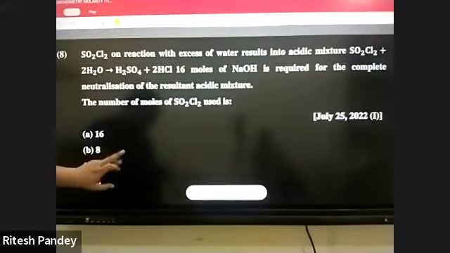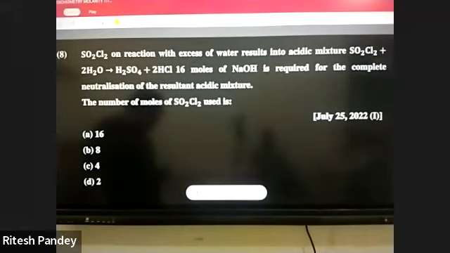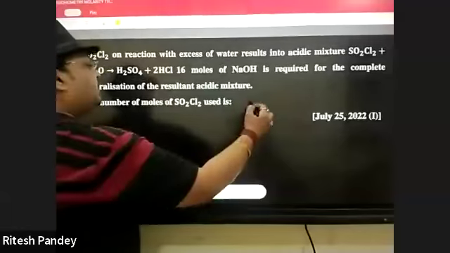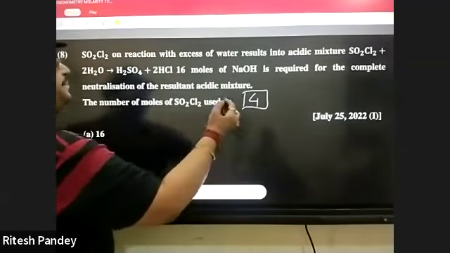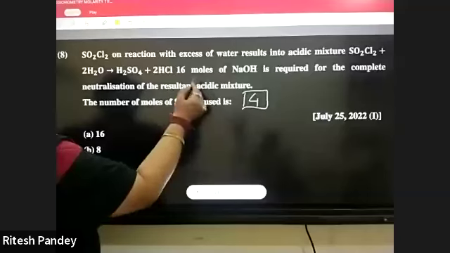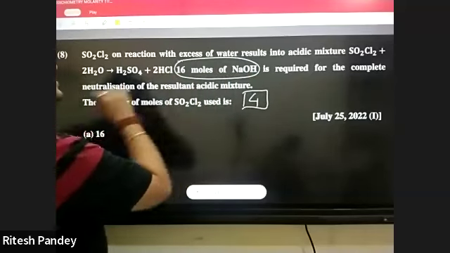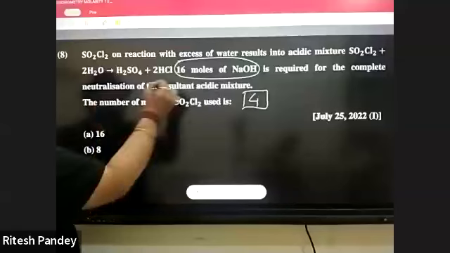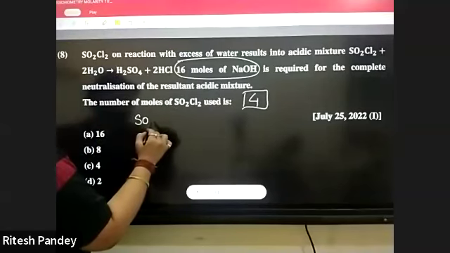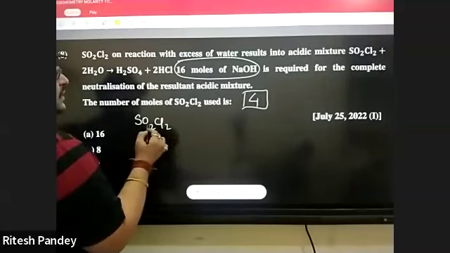Question 8 is a simple one. Very simple, very straightforward. 4 moles. I think 4 is the common and the right answer, because if it's requiring 16 moles of any of it, realize SOCl2, SO2Cl2,